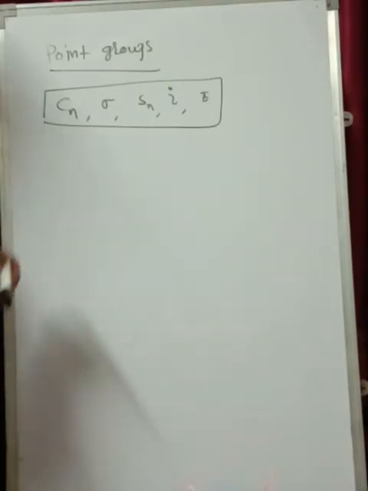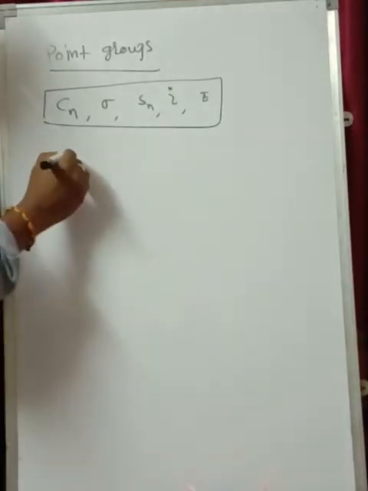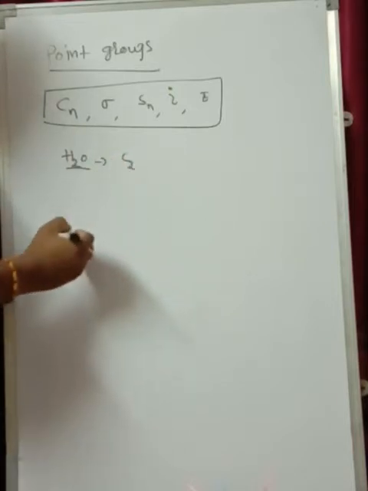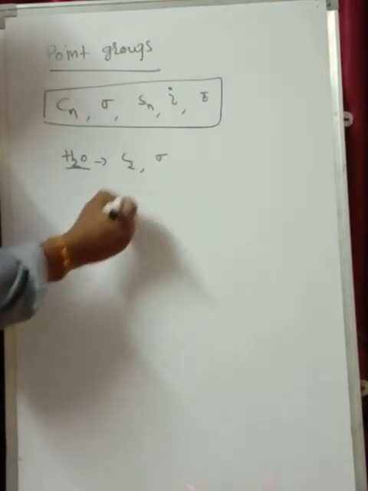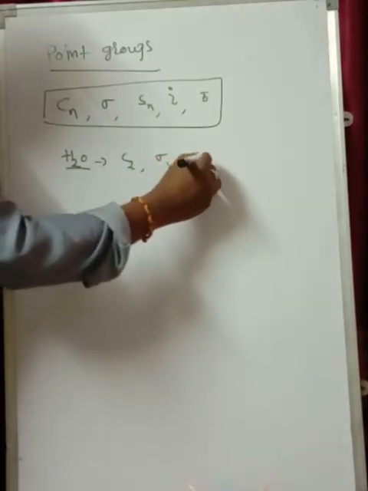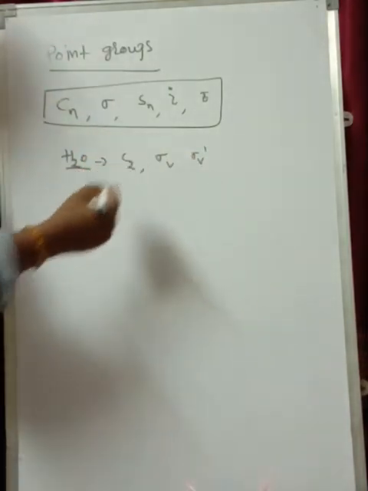So the collection of all the symmetry elements in a molecule, keeping the center of gravity and making all these symmetry elements a group, is called a point group. For example, take the water molecule. The water molecule has a C2 rotation. The water molecule also has sigma v's, vertical planes of symmetry. Two sigmas will be there, sigma v and sigma v. I'll show you how these sigmas are present.